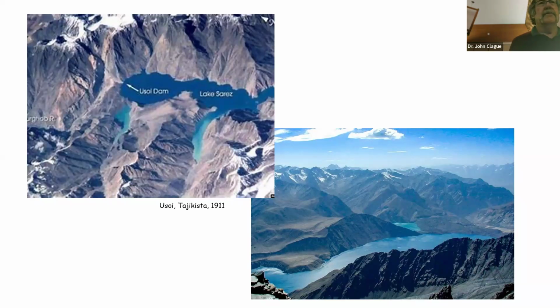Was huge. It was far larger than anything we've ever had happen in British Columbia. And it blocked the valley, blocked a river valley with debris up to 500 meters thick and formed that lake behind it, which is many tens of kilometers long and several hundred meters deep. That lake didn't exist prior to that landslide. And of course,